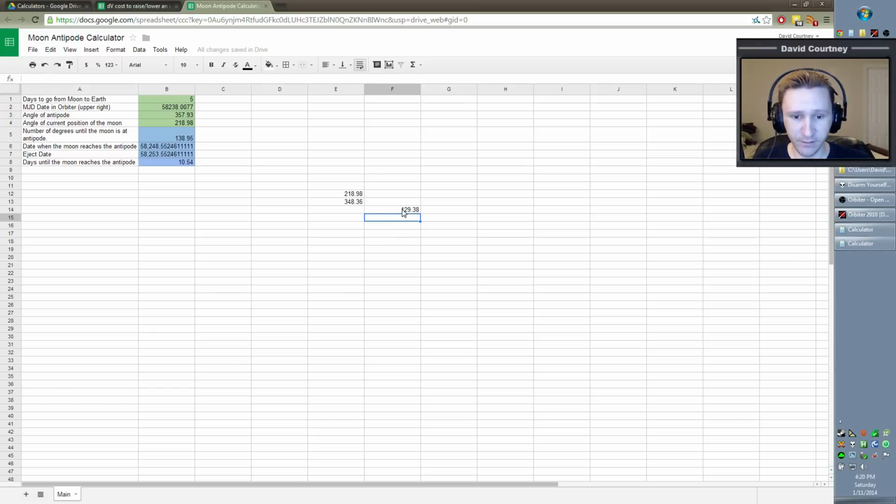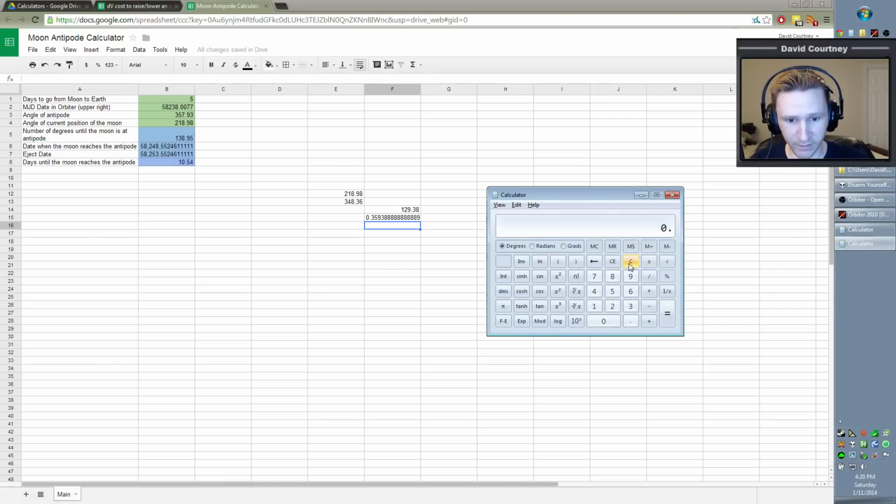So once you have the number of degrees, then what you want to do is divide the number of degrees by 360. So we'll take that 129, actually just put it in this way, and divide that by 360 degrees in a circle. And that gives us 0.35, that big number there. Now we'll take that and multiply it by 27.32. Again, you can just do this in a calculator, just type 0.3593888, good enough, times 27.32. And that gives you,